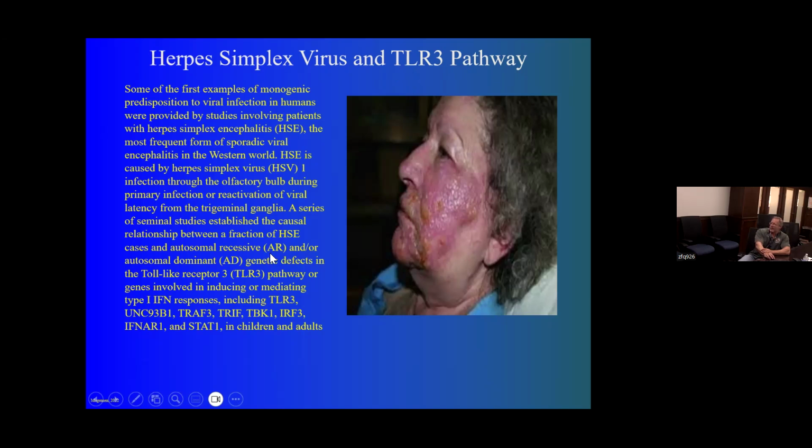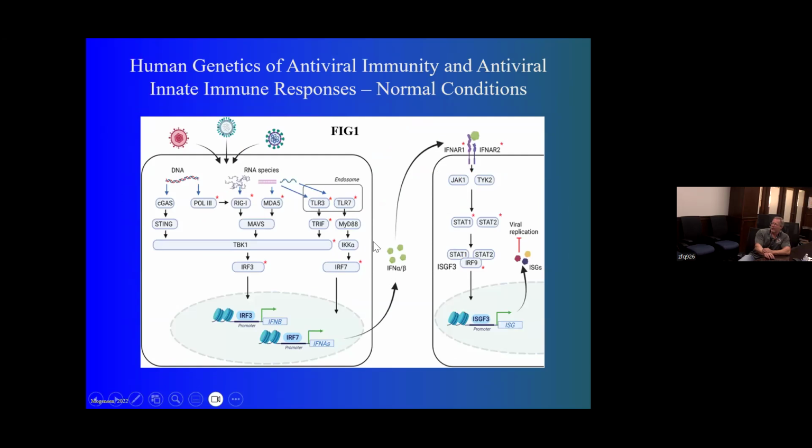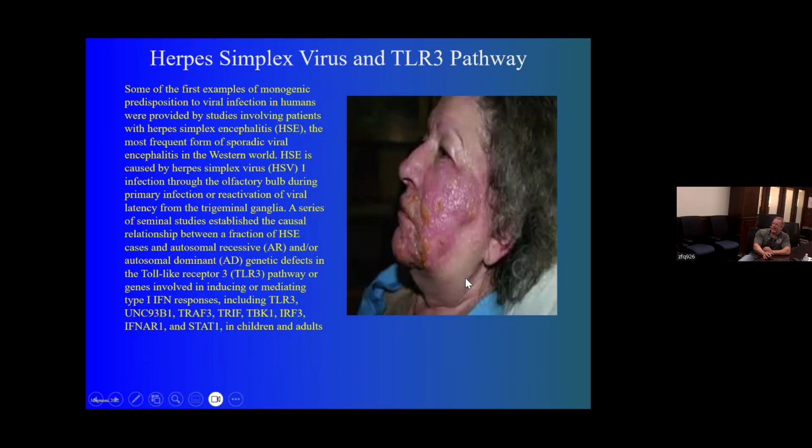that she has deficiencies in both autosomal recessive and autosomal dominant genes that are involved in the construction of the TLR3 molecule. And in her example, these deficiencies in the TLR3 pathway lead to deficiencies in signaling, which don't produce the nice interferon response that we see under normal conditions. So in normal conditions, TLR3 is stimulated, interferon is produced, and it's going to help resolve the infection. In this lady's example, though, her TLR3 pathway deficiency is not letting interferon be produced.